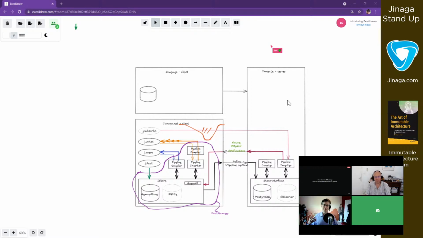You run your queries on the client, and they're served from the client store, but then they're also refreshed from the server. It's also got collaboration built in, so you can subscribe to things that other people are doing. If they're connected to the same server, then you get notifications about those changes as well. So the plan here is that the Janaga.net client should be able to interact with the same server. And so that's why we've got both Janaga.js and Janaga.net talking to the Janaga.js server.